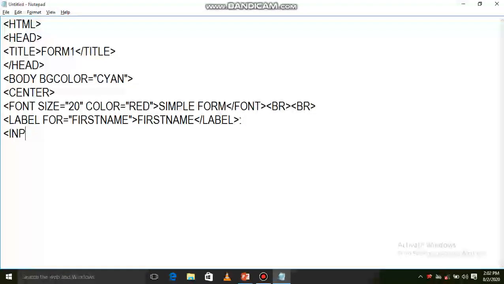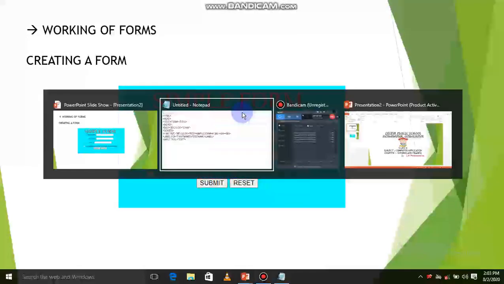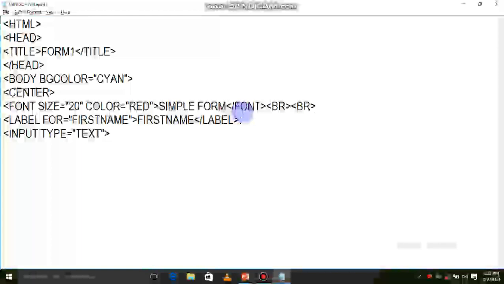Next input, type is equal to text, or text box in the sense, as I mentioned first name in front of this text box. So for this I am using input type text. Next I need to break the line.